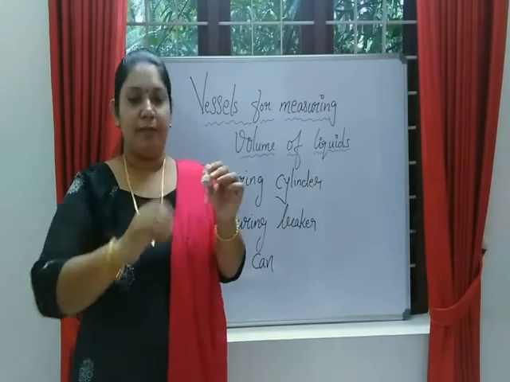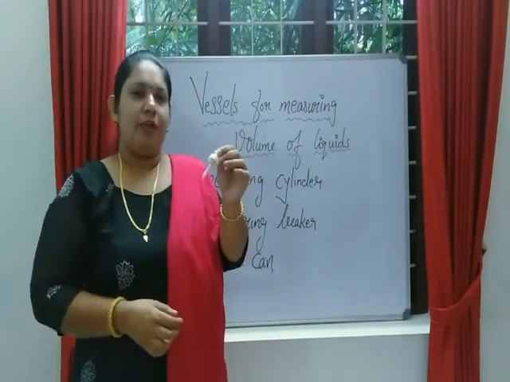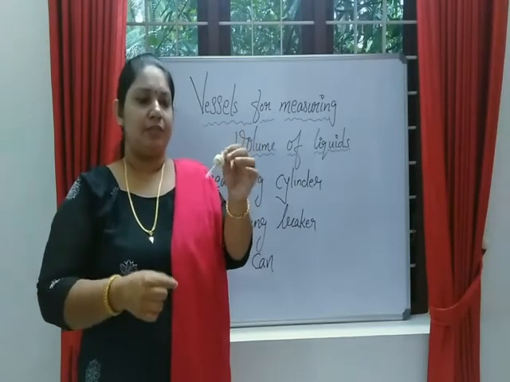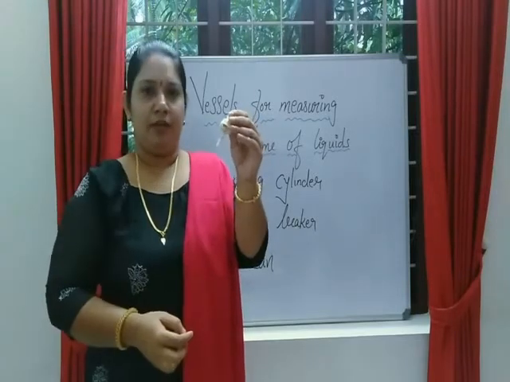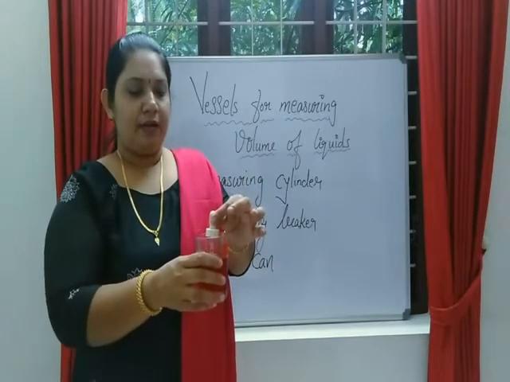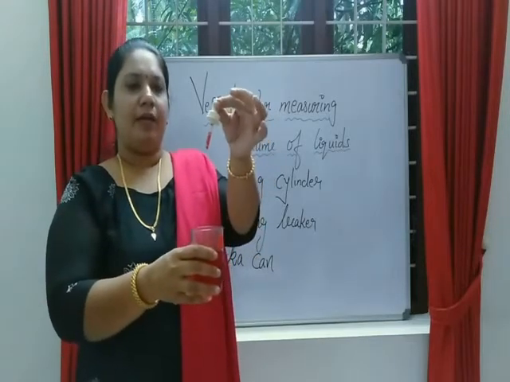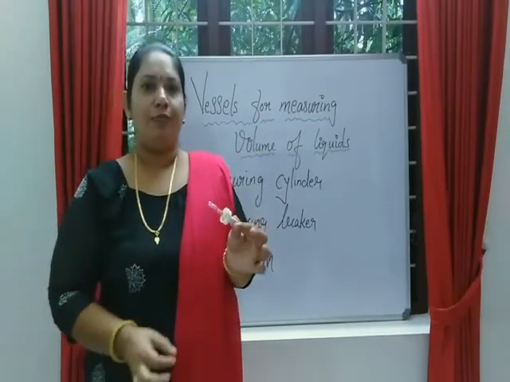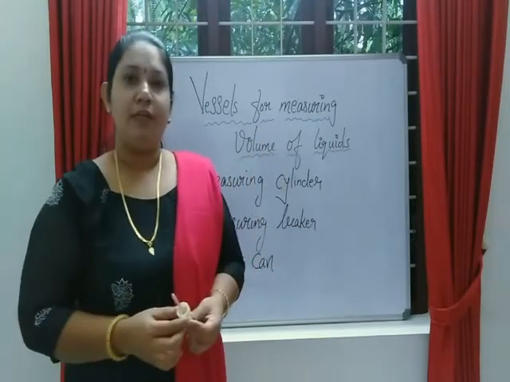If you have small babies at home, for giving medicines, they require maximum 1 ml or 2 ml of medicine. So this is also an example of measuring cylinder. Here you can see the mark 1 ml, 1.5 ml. Suppose this is medicine, we will just press and take it. Here you can see around 1 ml medicine is there. So this is also an example of an instrument which measures the volume of liquid.